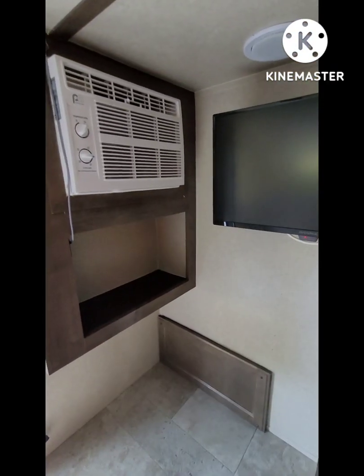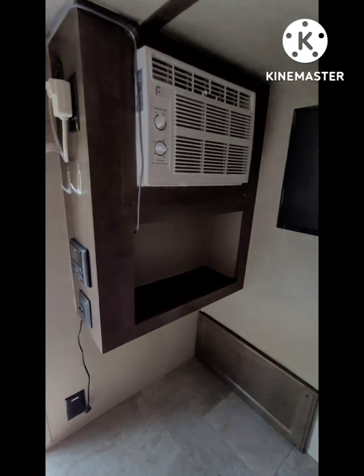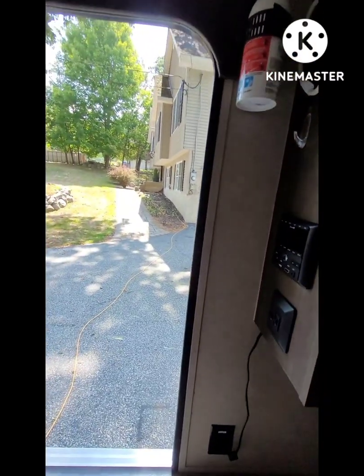Whenever we go camping, we're really not using the AC, because it's been hot this summer, so that may be another day. I have to wait and see. The cooler it gets, the better it gets. So, okay, so